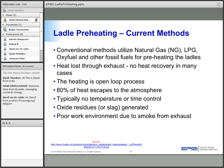The heating is many times an open loop process. What I mean by that is the temperature is not controlled with a sensor or a controller. So the natural gas heating is continuously occurring from the time the ladle starts to heat until it is ready to go and grab the molten metal. From pour to pour, as they call it, it is going to be heated. Even if the temperature has come to the set temperature, it is continuously going to be heated because it is an open loop process. 80% of the heat escapes to the atmosphere, and